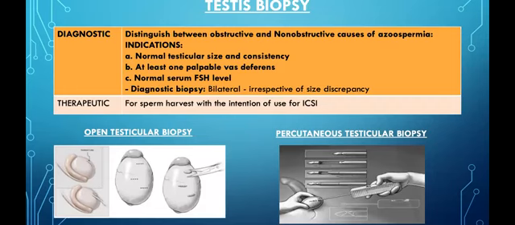So here we can see the testis biopsy. Usually a single incision is made, ideally polar, where a pea-sized area of seminiferous tubules are taken out. About a 4 millimeter incision is made, and a pea-sized area of seminiferous tubules are taken out and sent for evaluation, and then the tunica albuginea is closed. And here we just have an example of a percutaneous testicular biopsy.